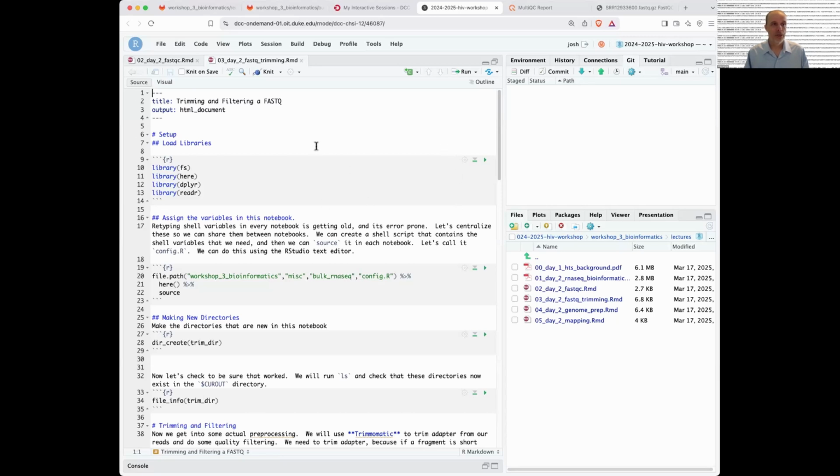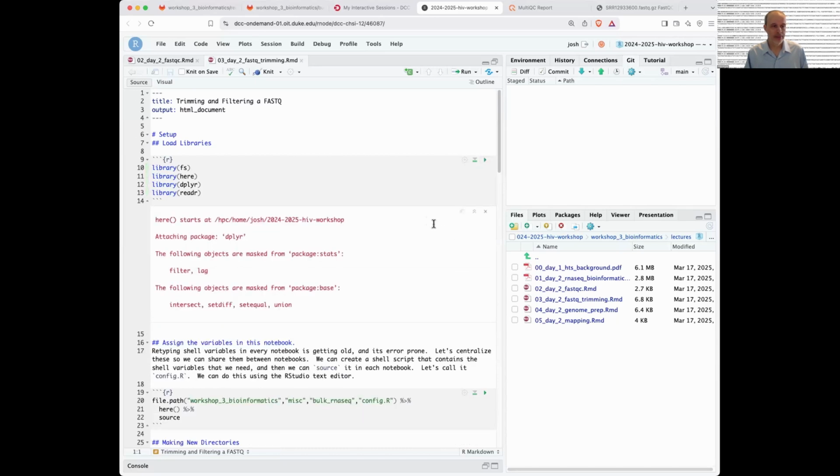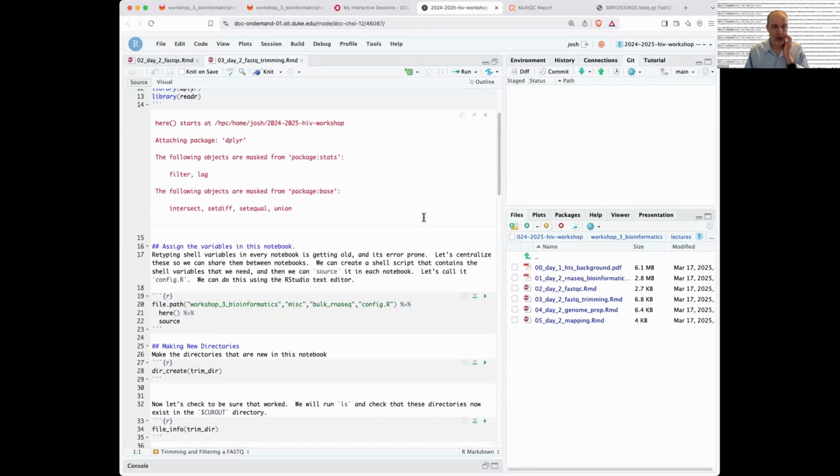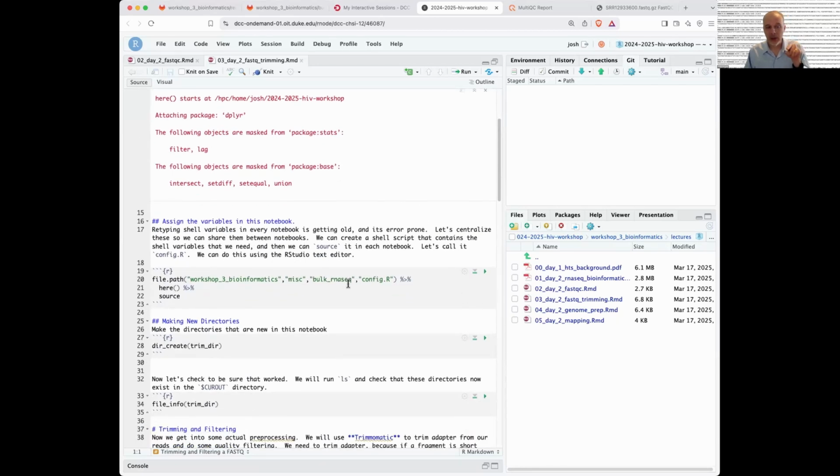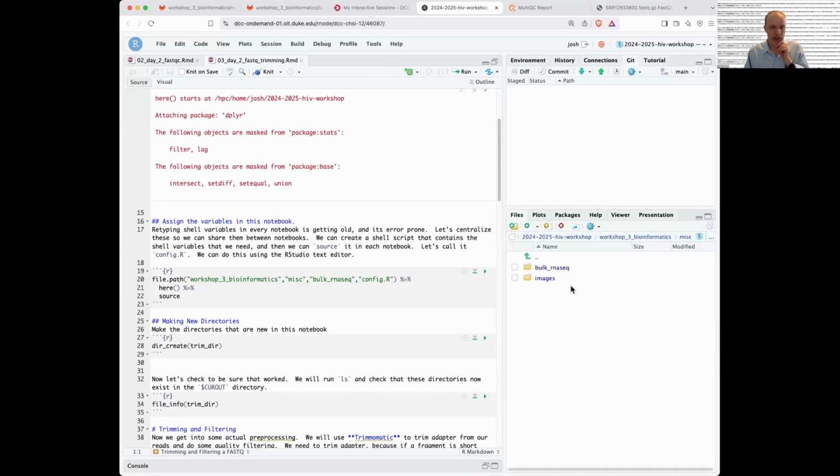Okay, so here we're doing FastQ trimming. I already talked about that in lecture. We're going to load a few libraries that we're going to use later in this chunk. We're doing things a little bit differently here. So there's actually a config file that is somewhere here in this miscellaneous directory that has a bunch of these